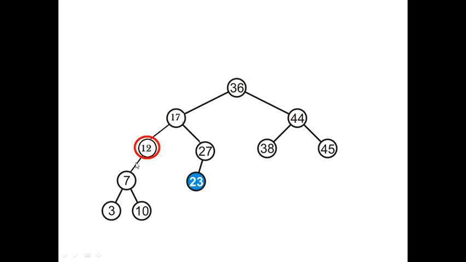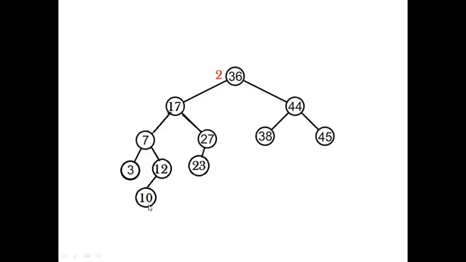For 12 the balance factor is 2, 0. So the difference is 2. So we have to deal with the problem at node 12, which means we have to rotate here. So it will result in 12 becoming the left child of 7, and 7 becomes the new root, and once again the adoption is needed because 7 has both a left and a right child. So it is going to hand over the right child to 12. So it becomes like this.